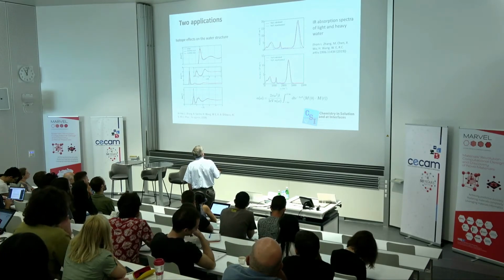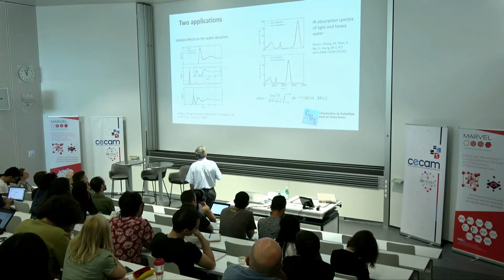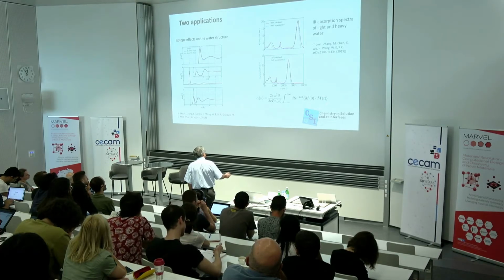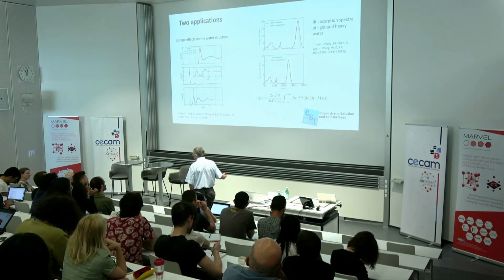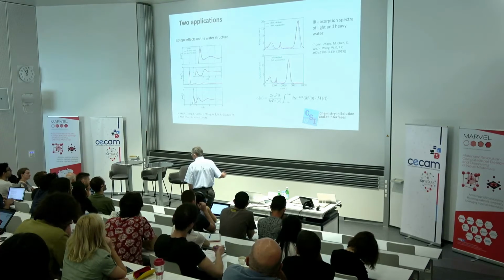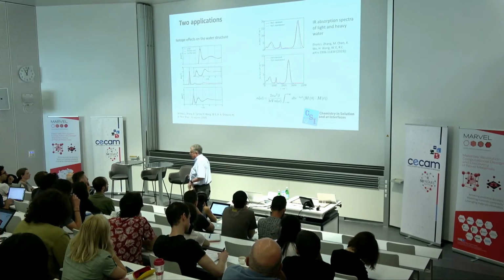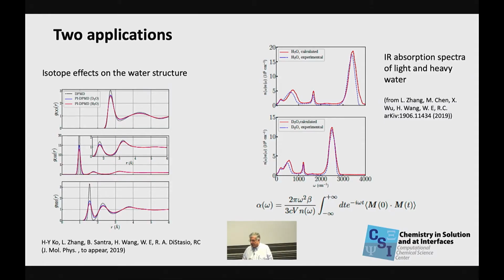So where do these discrepancies with experiment come from? Well, one obvious thing is that we use here classical mechanics rather than quantum mechanics, and the other thing is that we rely on density functional theory with a given functional. We do not know what is the accuracy of that to describe this system, but it is not bad.